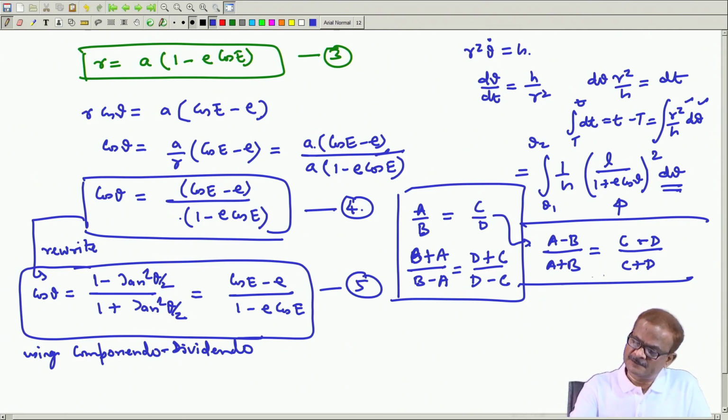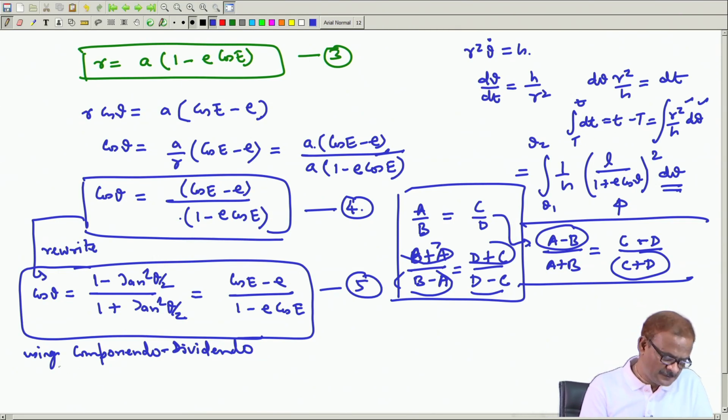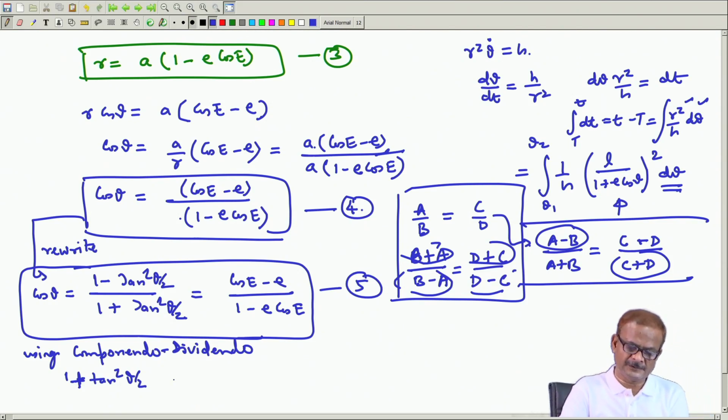This is a very simple relationship which is used quite often. You will see that this is just an exchange of numerator and denominator. This is A minus B; if you bring it on this side, it is A minus B times C plus D. So, the sign reversal will take place here. Both are the same thing. The same principle we are using here, and if we do that, we get the result 1 minus 1 plus tan square theta by 2. It is a matter of convenience which one we use, both are the same. It is nothing different.